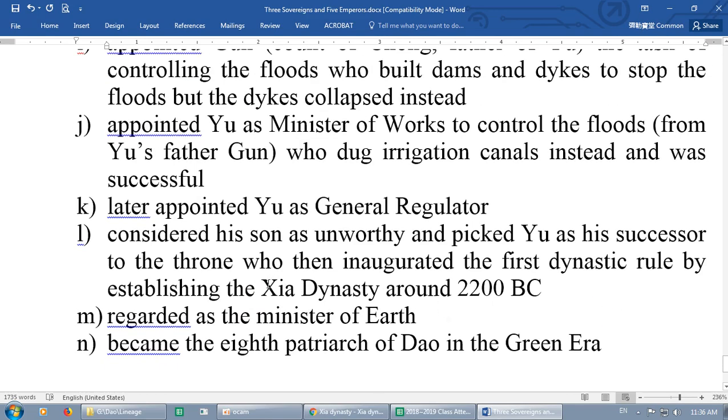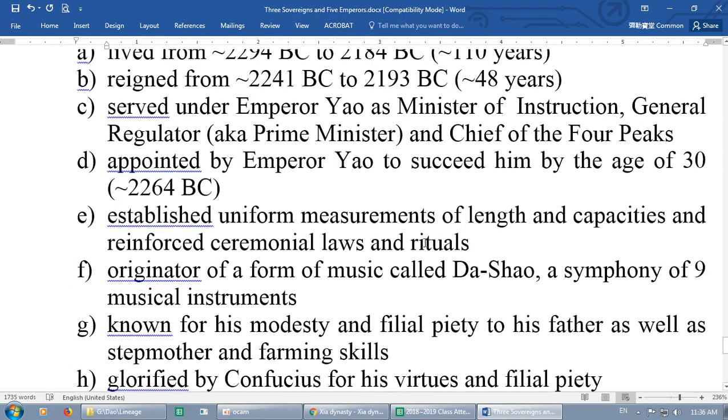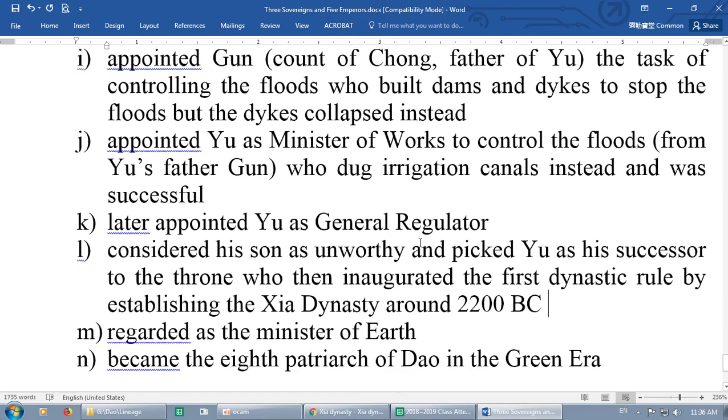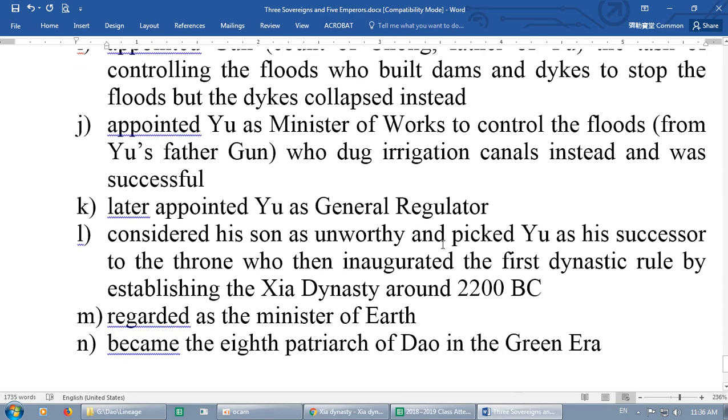Now the Xia dynasty is the official dynastic rule, meaning that they pass on the throne to their hereditary sons. Previously, they didn't. If you notice here, it's either appointment or distant grandson or whatever. Very interesting. All right, so that's it. A lot of information, but it's pretty interesting, right? So this is not everything.